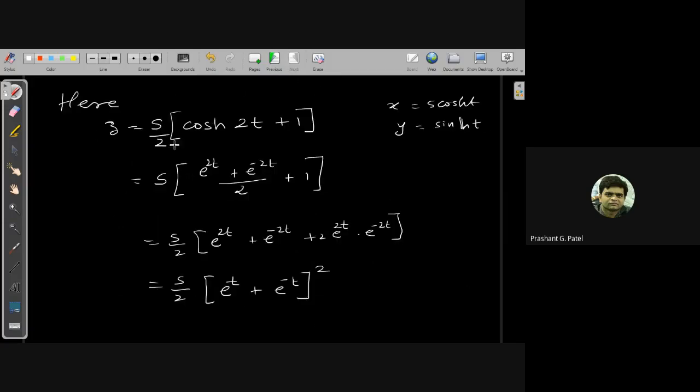This s by 2 is already there, so this is s by 4. So this will give me s into (e power t plus e power minus t) upon 2 square, that is cos hyperbolic square t. And this cos hyperbolic square t we can convert into sine also. So the first thing you got is